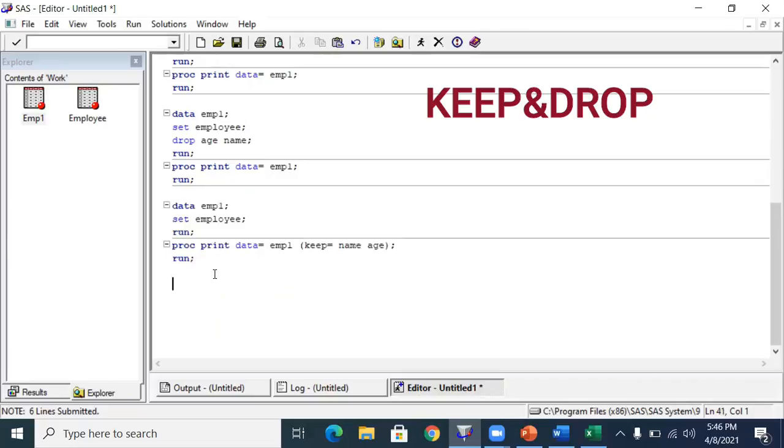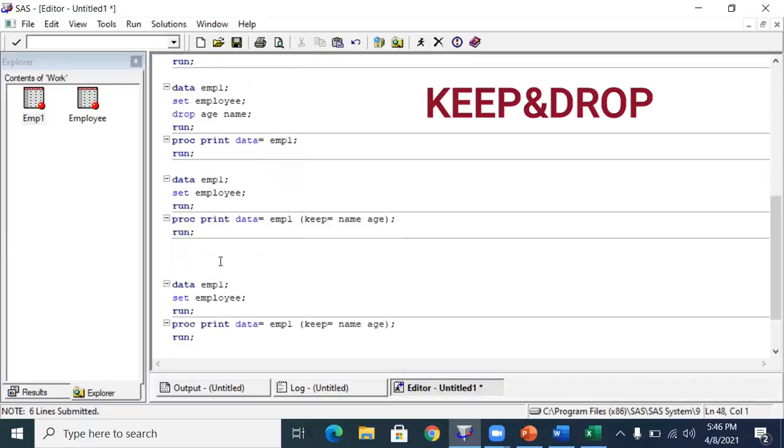I'm just copying and pasting everything so that at the end you can take the screenshot. Now what I'm going to do is, this keep name and age we have used as an option right now. I'm going to use it as a statement. You can see here, it is a statement.